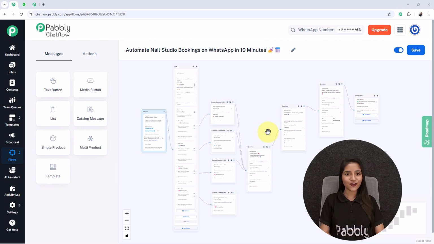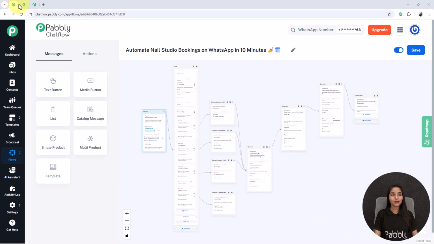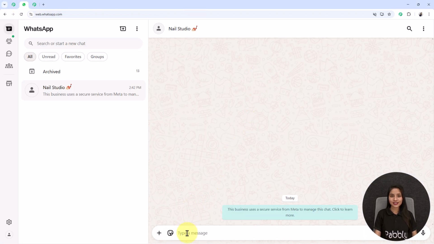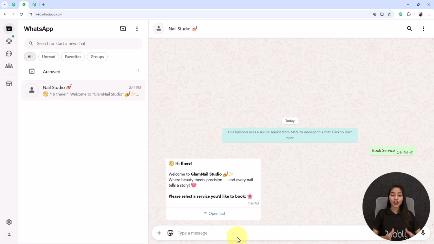But before moving forward, I'll give you a quick overview of how this bot will work and how it will reply to your users in real time. For that, I am going to send one message to my WhatsApp business account of Nail Studio. Here I am sending my first message as book service. As soon as I send the message, you can see the bot immediately responds to me like this: